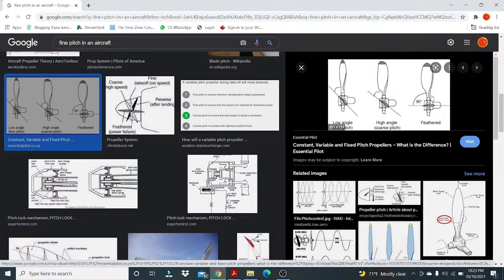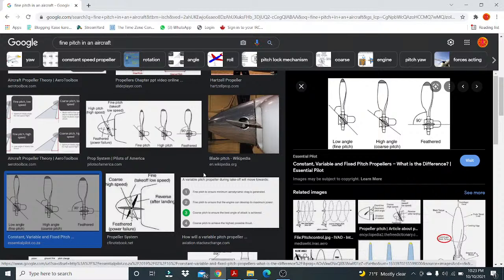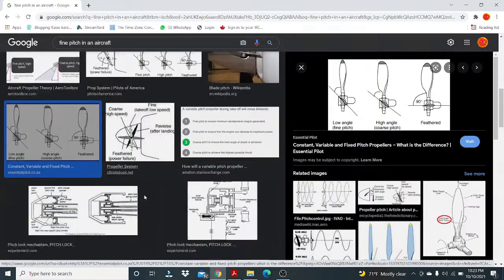Okay, so this is the feathered mode. Fine pitch. Feathered movement. Coarse. This is fine. This is feathered. Alright, so this is feathered. So when it is perpendicular, alright, this is